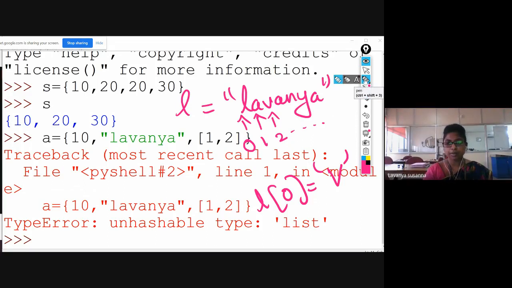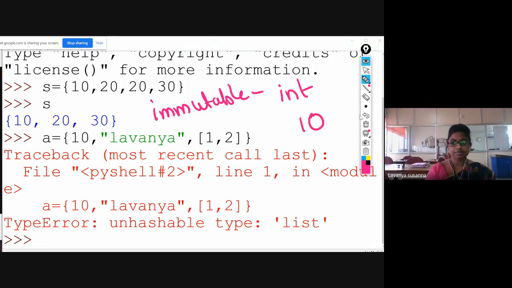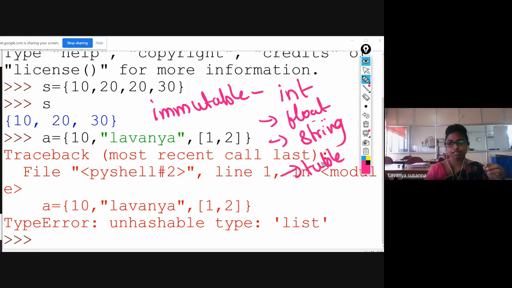Remember what the immutable objects are. Once again, you need to remember this: mutable, immutable. Immutable, you cannot change. See, an integer value, for example, if you create a 10, you cannot change the 10, right? It is immutable. Integer, next float, complex, next string, next tuple. A tuple is read only. You cannot change any of these values. So you can give all these immutable values in a set.